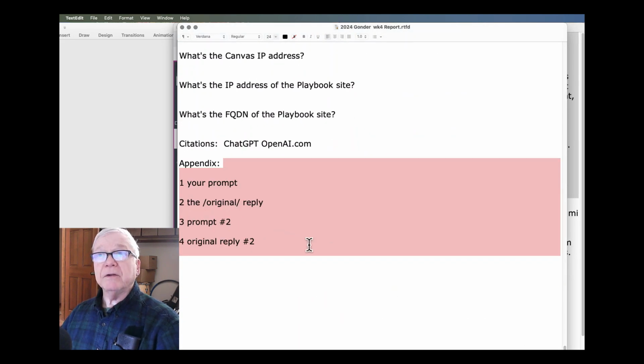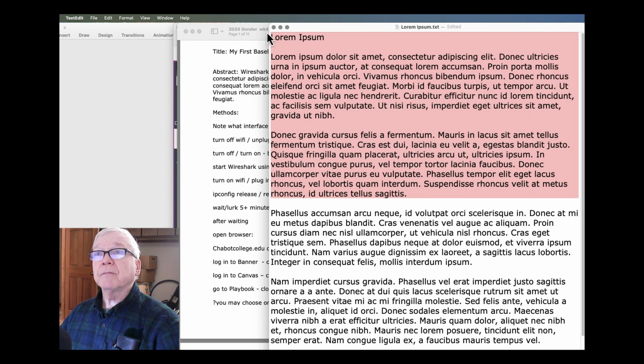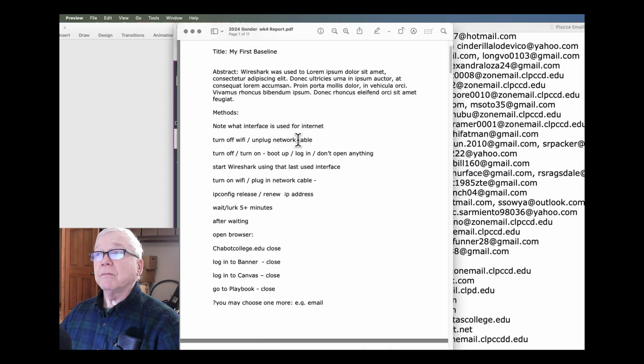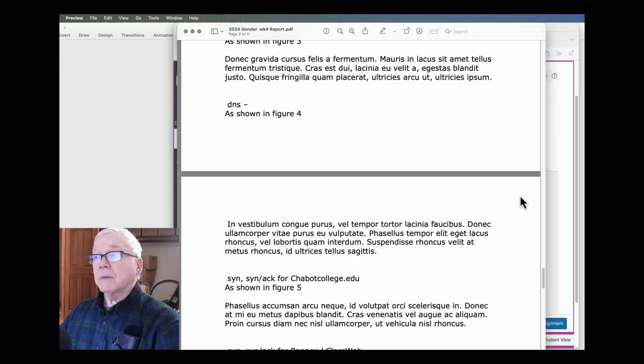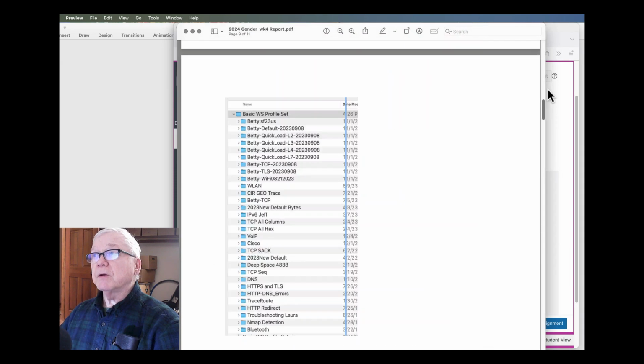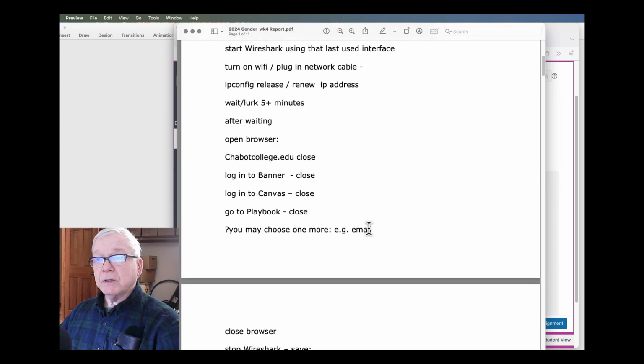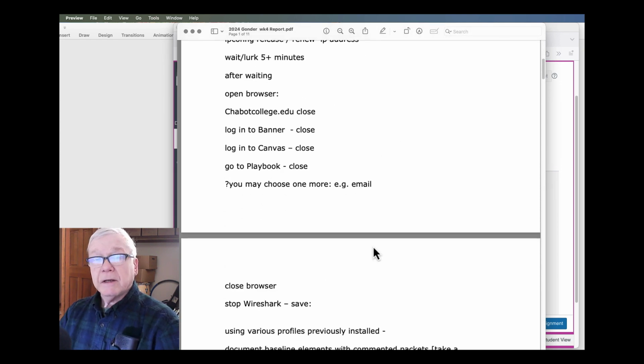Well, I'm down to the end here and got it all done, and I saved that out. I printed it to a PDF. So there's my PDF, and I'm going to run down here and make sure that it actually worked fine. Yeah, and it didn't lose any of the text that might have been down there in the space that was indicated as a footer, like in Microsoft Office, and it didn't get printed out in the PDF like some of my syllabus that I got to fix. So they were logged on.